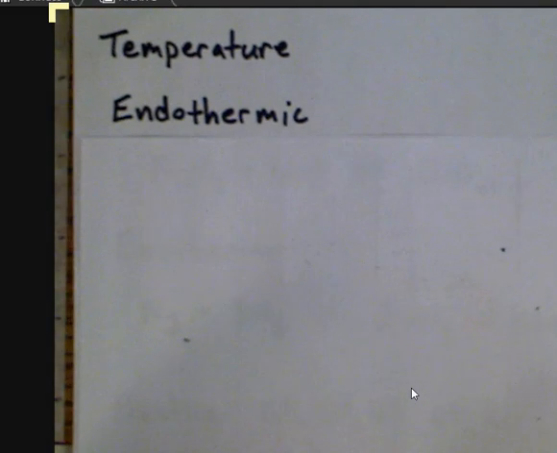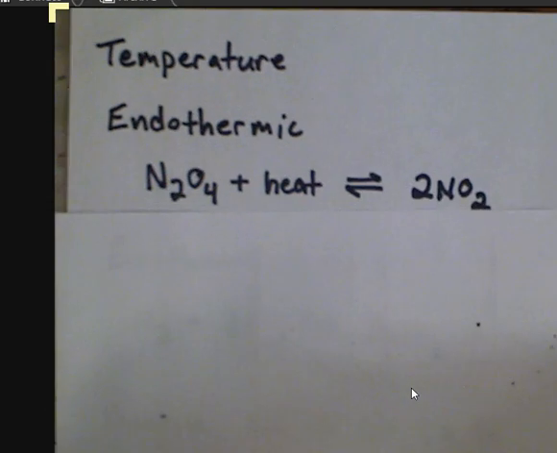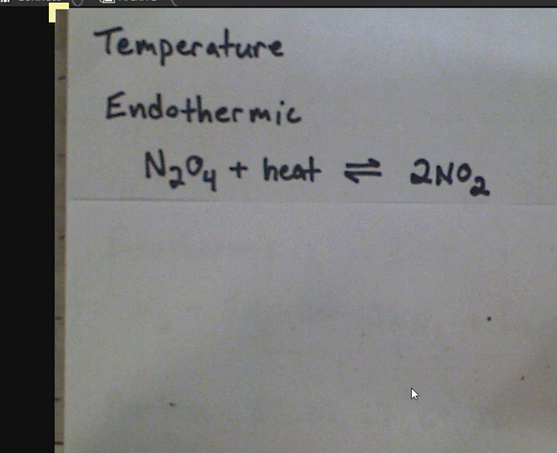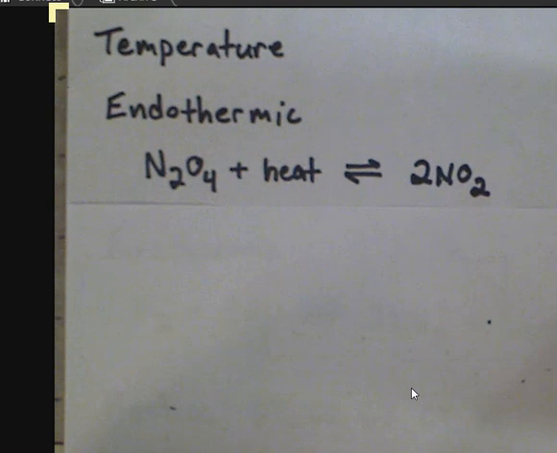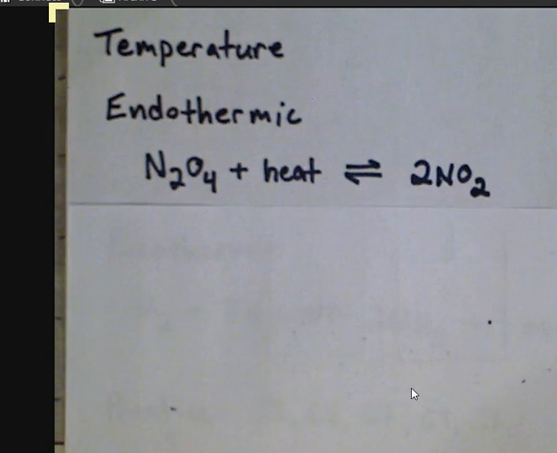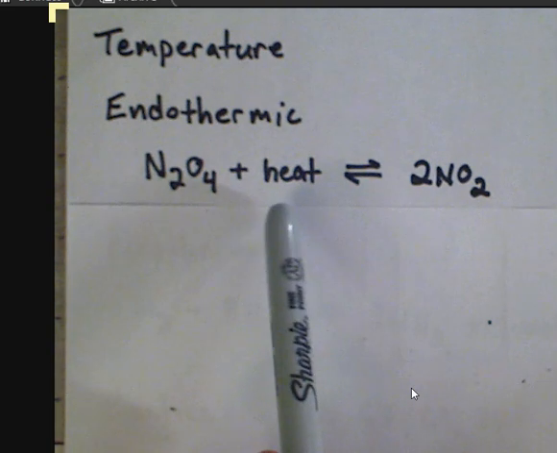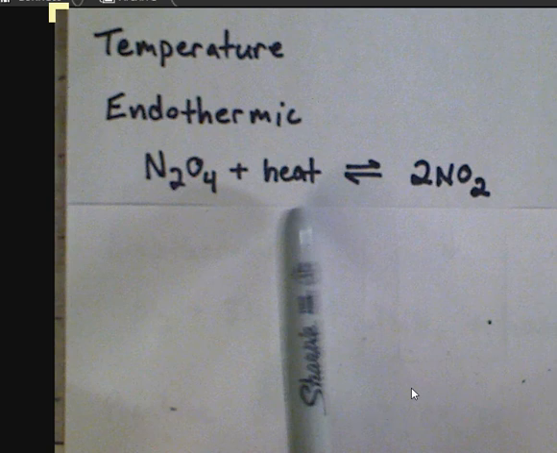Because K is different at a given temperature. But let's take a look at an endothermic reaction. When thinking about how temperature affects equilibrium, it's helpful to think about heat as part of the left or the right side of the reaction. So in an endothermic reaction, in order to progress forward, the left side has to absorb heat. And so you'll see here I've got heat written sort of like a reactant, part of the left side of the reaction.